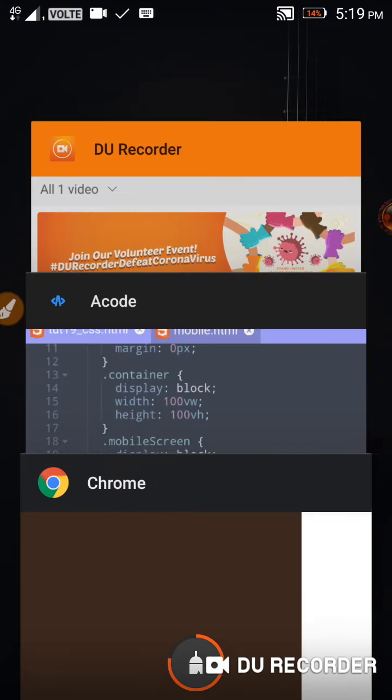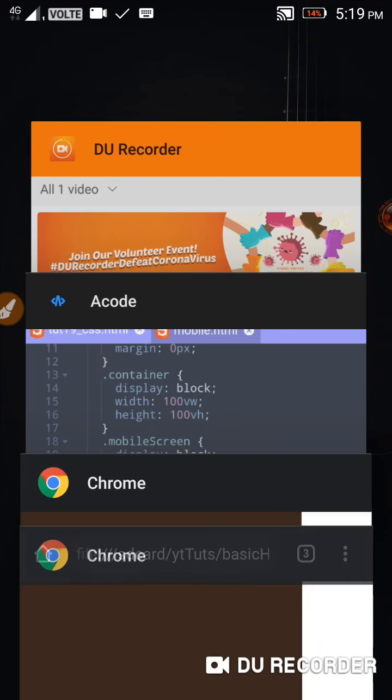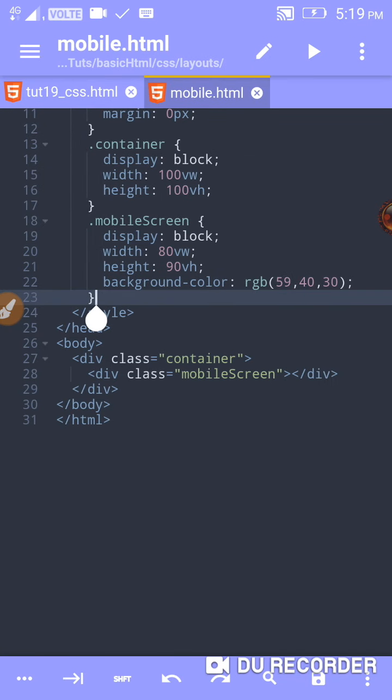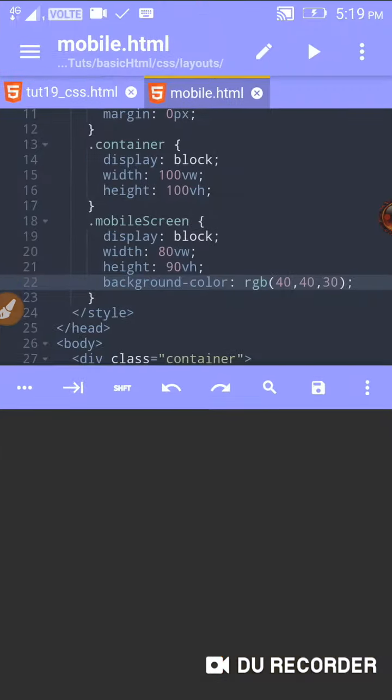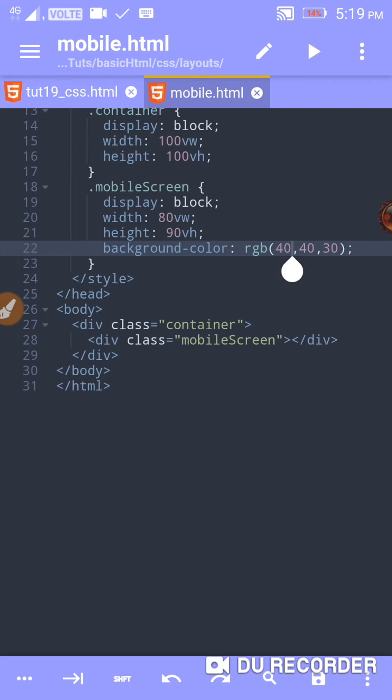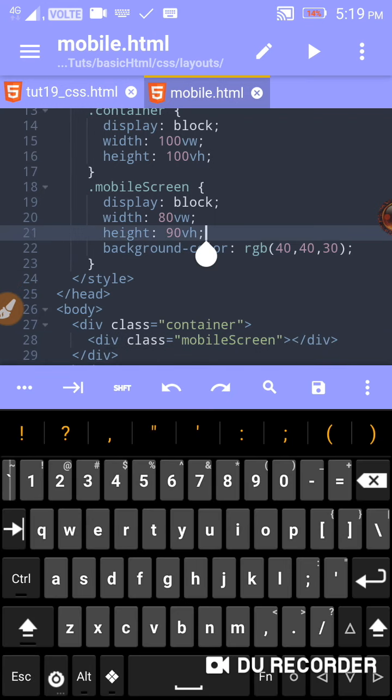We get a screen here. Now it's gray in color, but I'm going to adjust it here only. If you just make it 40, now it's going to adjust everything here. Yes, it's adjusted. Now I want to make this tag here, not content, so I'm going to use margin